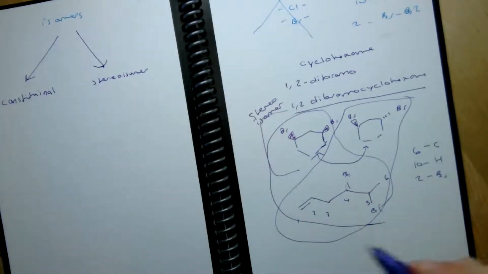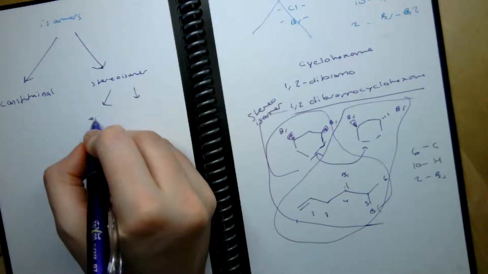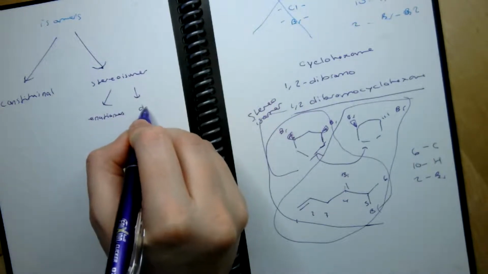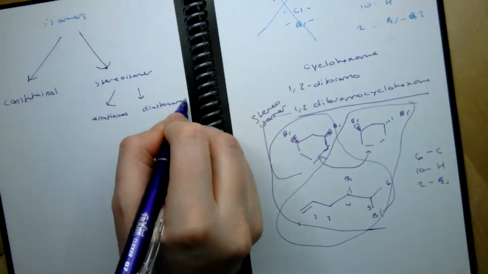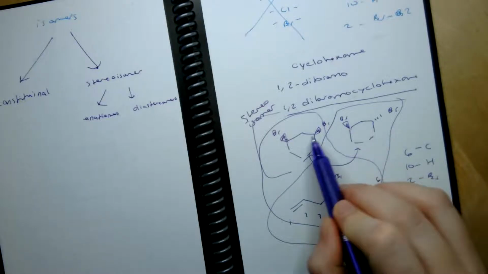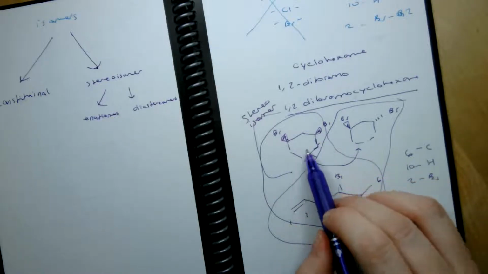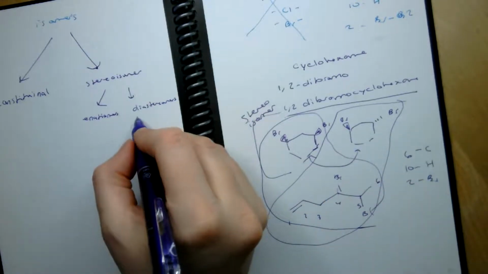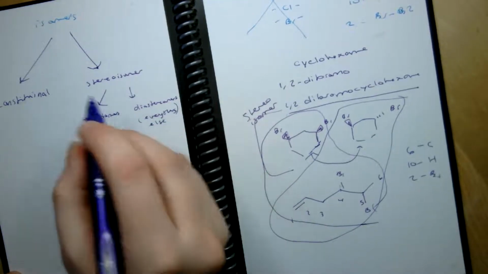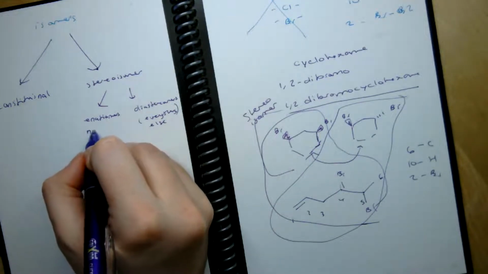And then we have to go one step further on the stereoisomer pair and decide if they're enantiomers, which means non-superimposable mirror image, or diastereomers. When I look at this, it does not look like the mirror image because this has 2 wedges and this has a wedge and a dash. So when I see that it's not a mirror image, then it must be a diastereomer. Diastereomer is everything else, right? Not a mirror image. Enantiomers are specifically